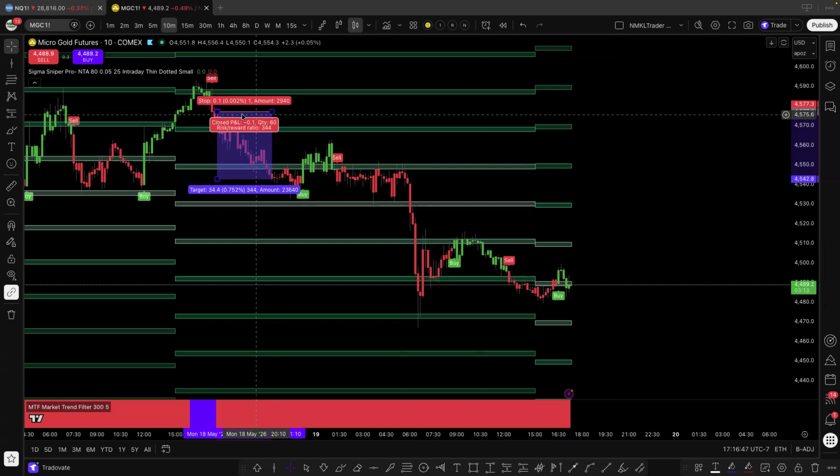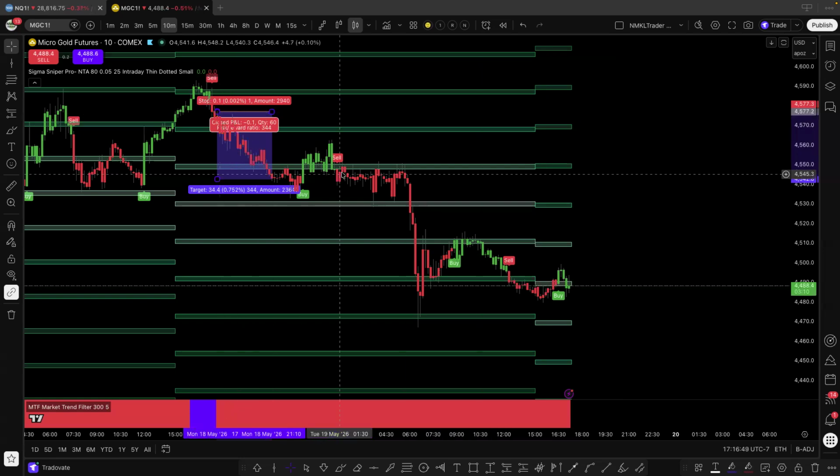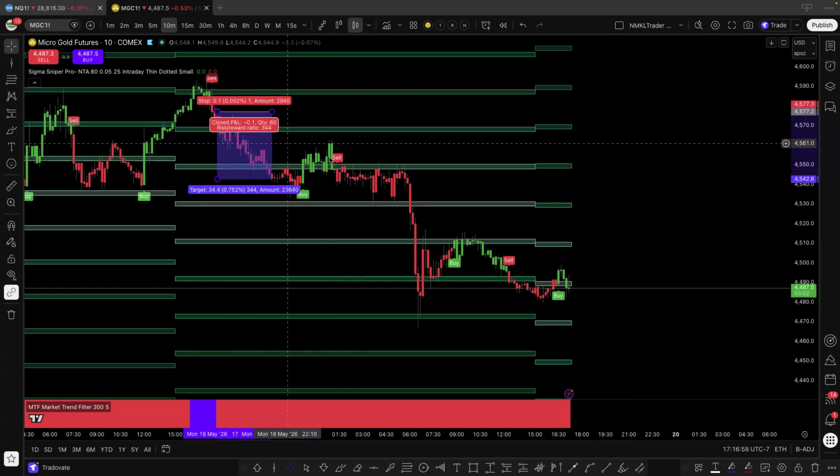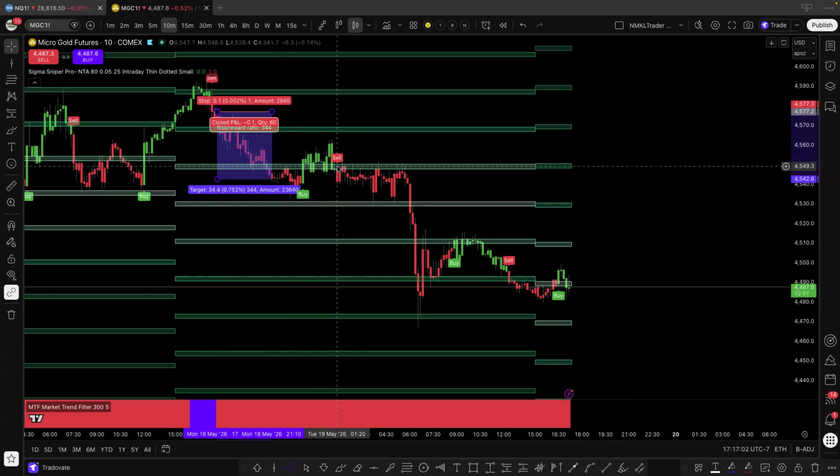So that's why last night was a good trade to get into. And after market opened on gold, and also on this trade right here, at about 1 a.m. out here on the West Coast,